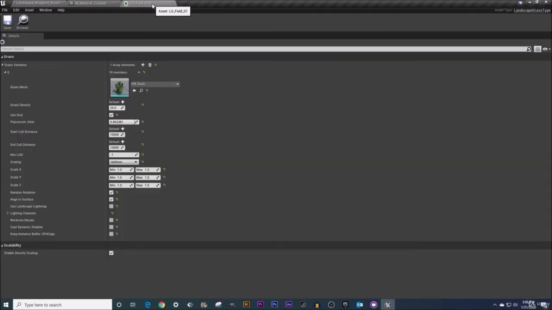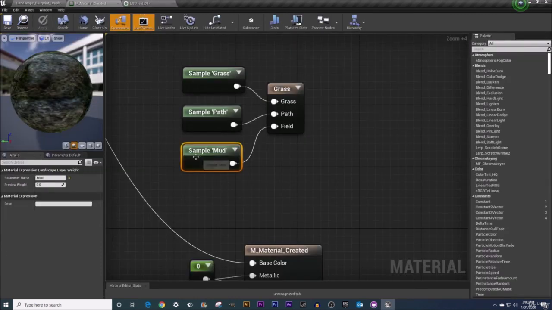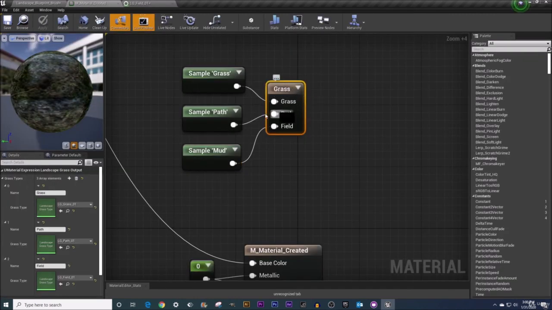So there you have it, guys. That is how you can create some fields. Just slot in a grass mesh, use grid, placement jitter down to 0, assign it to your grass node here in your landscape material, and